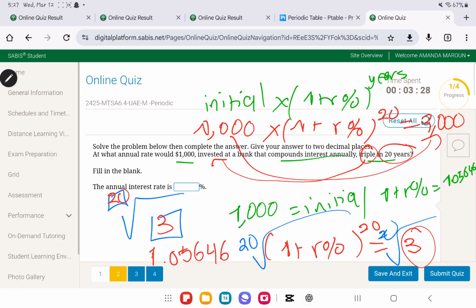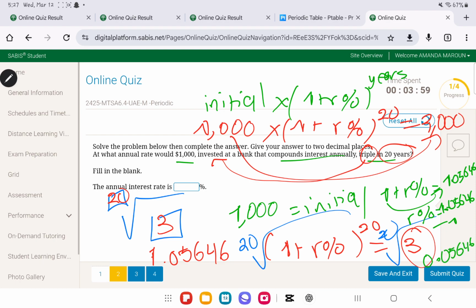So now, basically, we got that 1 plus r% is equal to 1.05646, whatever. And we will move this to the other side. So now, r% is equal to 1.05646 minus 1. So you do 1.05646, whatever answer you got on the calculator, minus 1, and you're going to get an answer which is